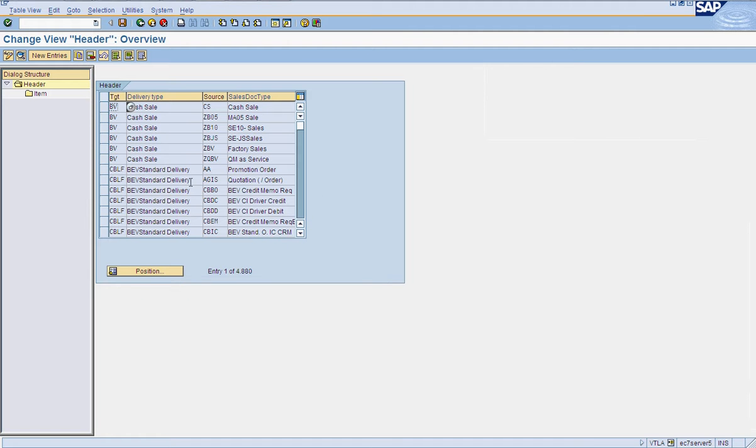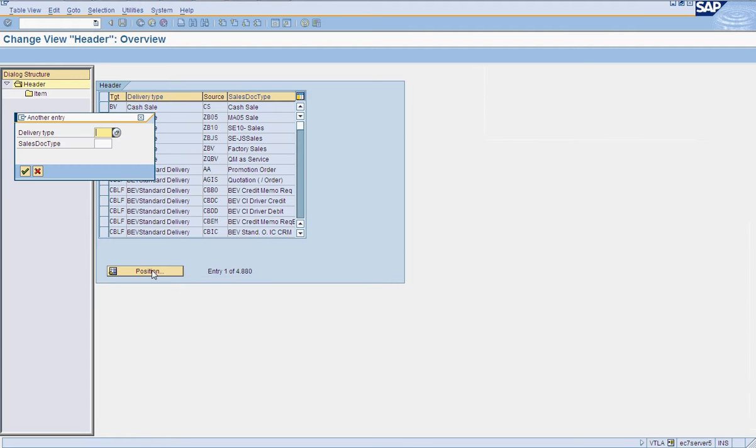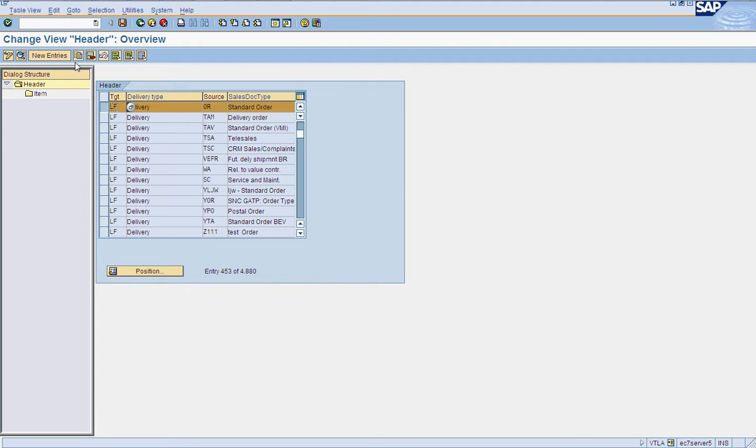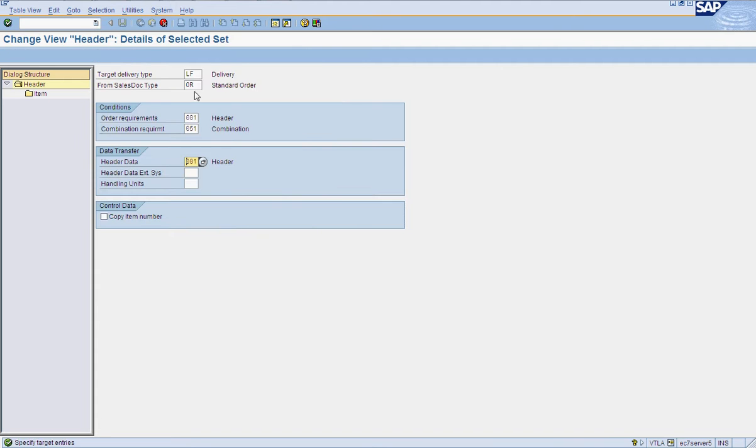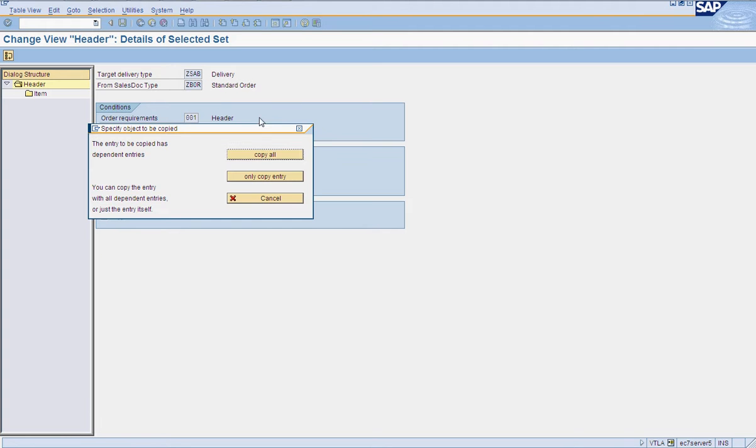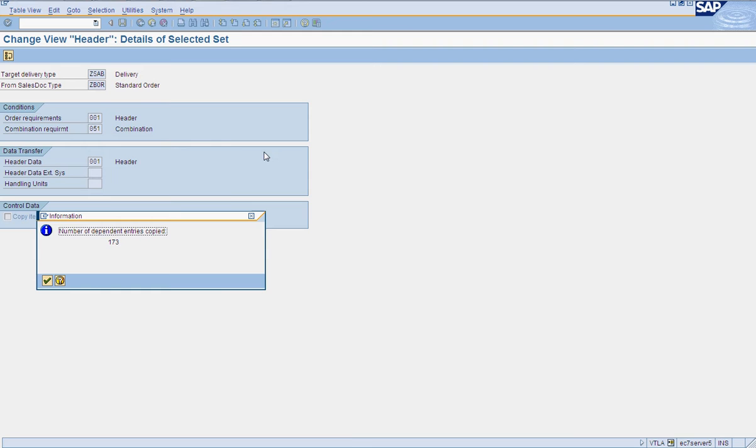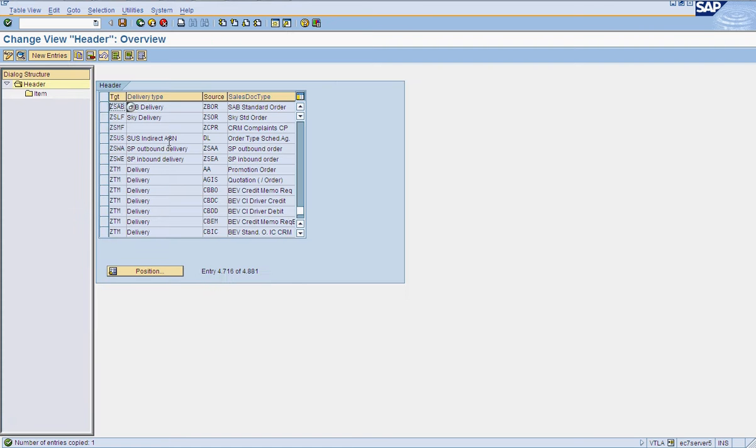So we will be using reference as delivery FR from OR. So we'll be copying this. Target delivery type is ZSAP for us and ZBOR. Same requirements, data transfer unit routines. Copy all. And then in item categories,